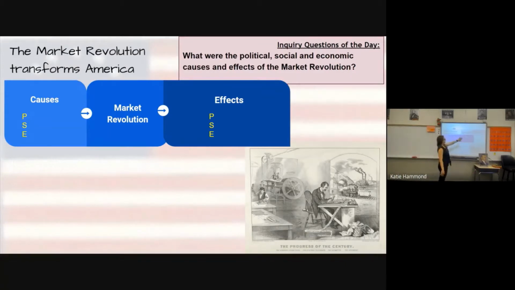It says, what were the political, social, and economic causes and effects of the market revolution? So I was just thinking, whenever I see a prompt, I always try to visualize the setting it up. And so I just made this where it's like, here's the market revolution, elaborate on the 3 different causes. And if there was an essay talking about the effect, it's like, here's the market revolution, and then tell me about those 3, political, social, economic effects. Just try your best whenever you see a prompt to visualize it. I think it helps people, okay?